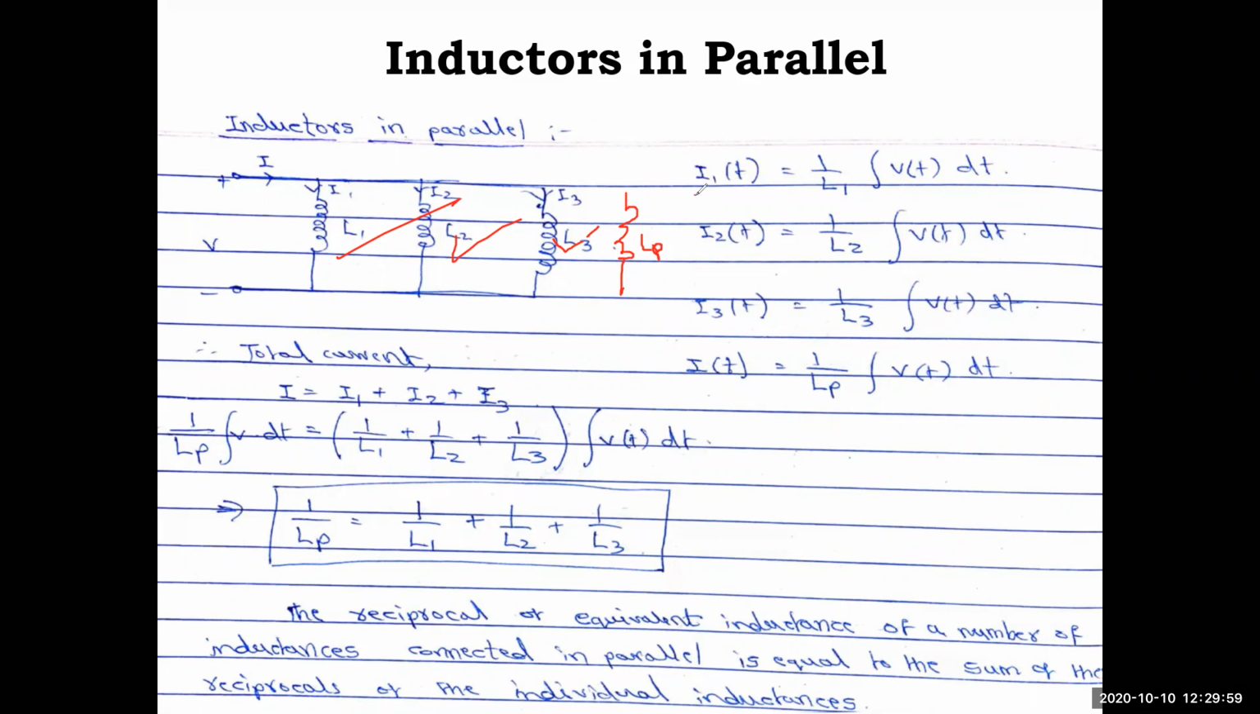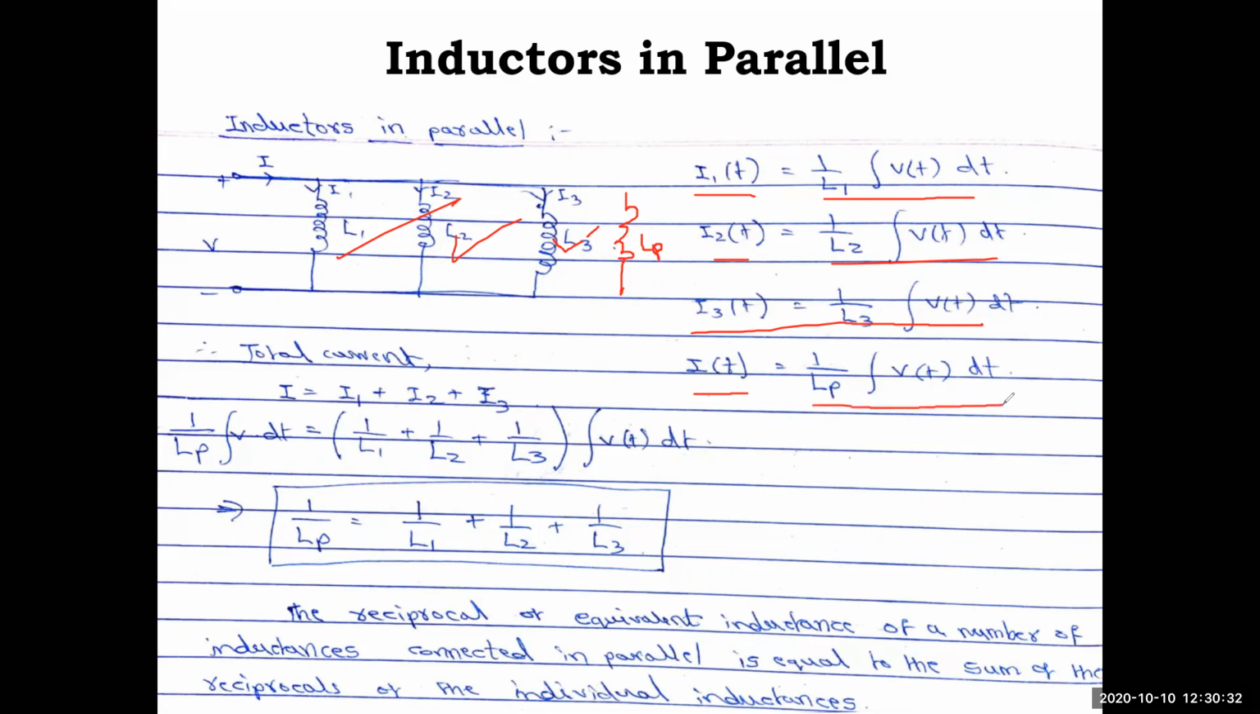Now in terms of current, I1 is equal to 1 by L1 integration V of t dt. Voltage is constant, so it will not change. L is changing. I2 of t is equal to 1 by L2 integration V of t dt. I3 is equal to 1 by L3 integration V of t dt. How I got this equation, you can go back and see the passive circuit elements video. So this is the basic equation written in terms of current. Then I of t is equal to 1 by LP integration V of